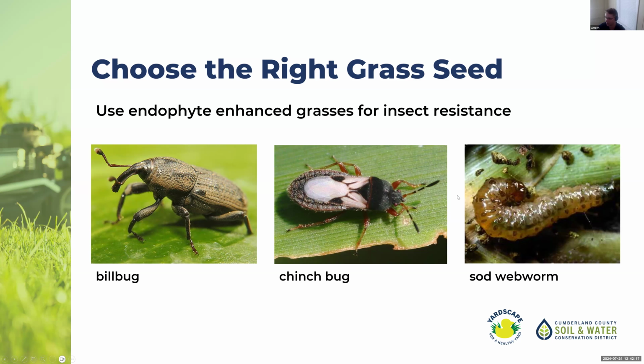So that might be a way to prevent you from using an insecticide or having to resort to another method. But there are things like grubs that I'll get into where an endophyte enhanced grass seed might not be the best option of management.